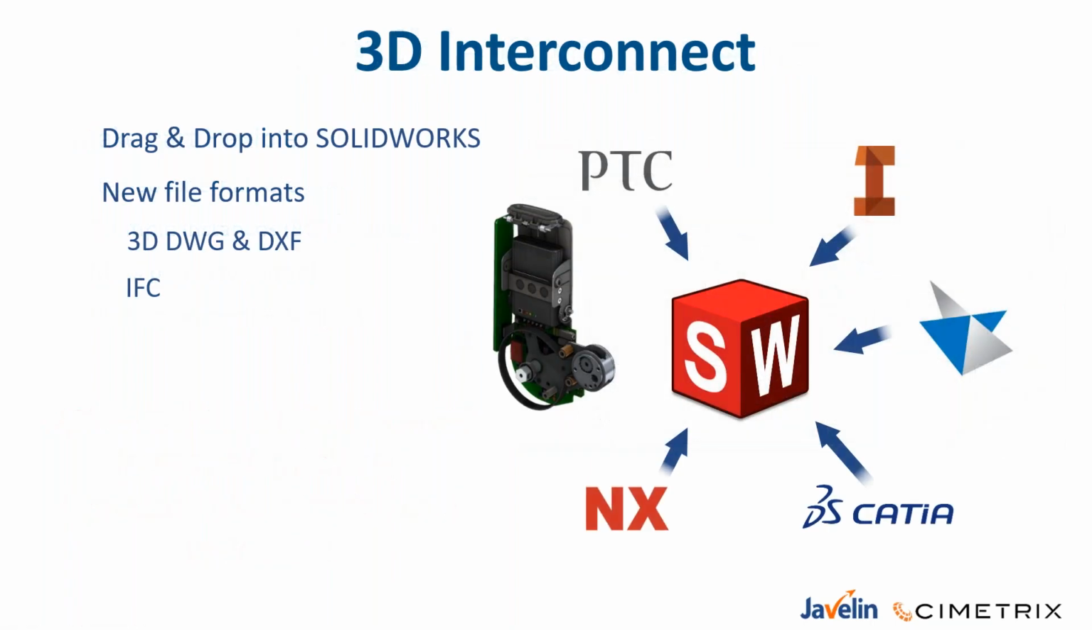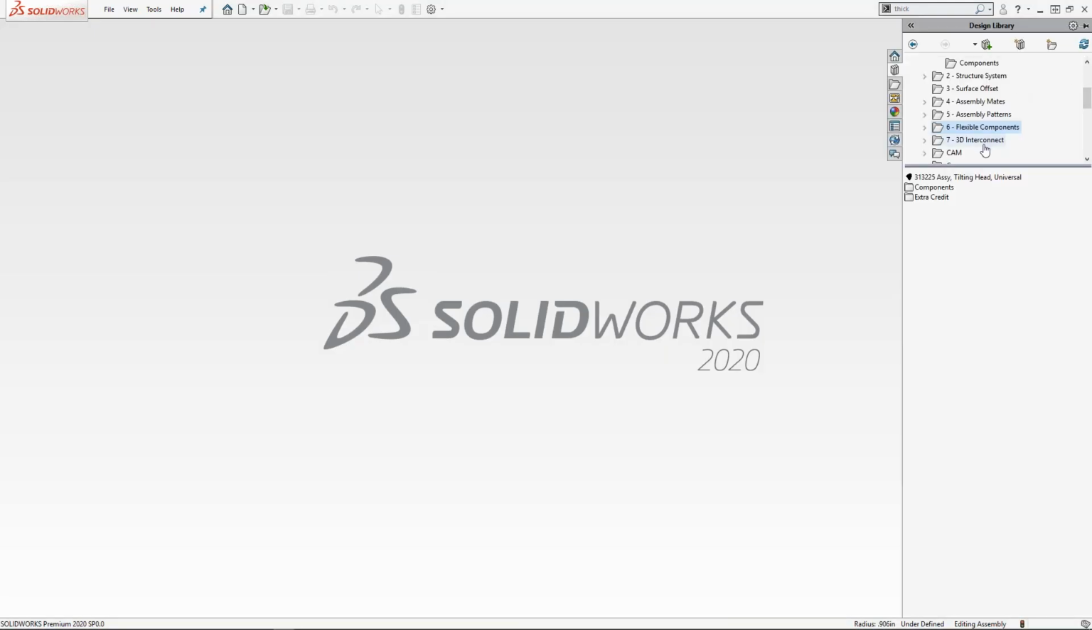And finally, we have some enhancements to 3D Interconnect. As we know, in 2019, we added more file types to 3D Interconnect, but now in SOLIDWORKS 2020, we can simply drag and drop those into SOLIDWORKS rather than having to go into Insert Component and add those in. Also, we have some new file formats, including 3D DWGs and DXFs, as well as IFC. So that will allow us to work with more file types without the need for translation. So to take a look at this,